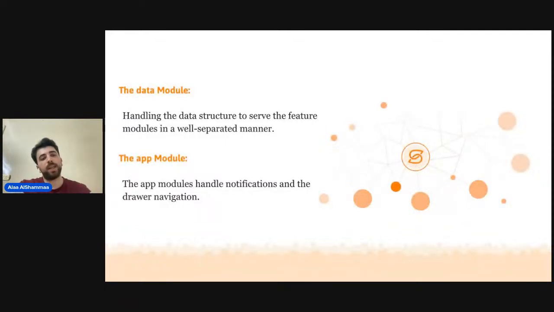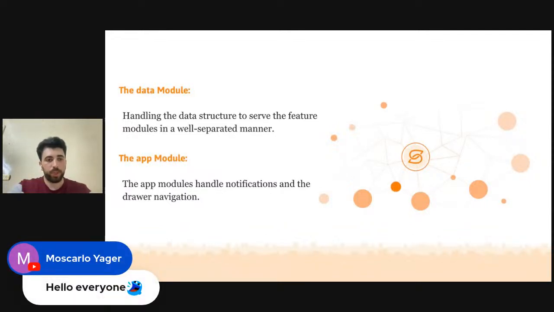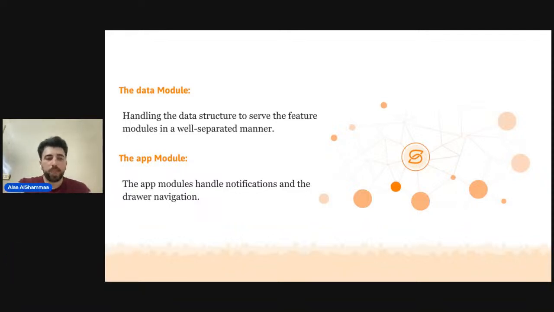An example is a data module for books, a data module for reviews, etc., depending on the size of the project. The app module will handle the notifications, the drawer navigation, and basically the link between all the different modules that should be present on that app.